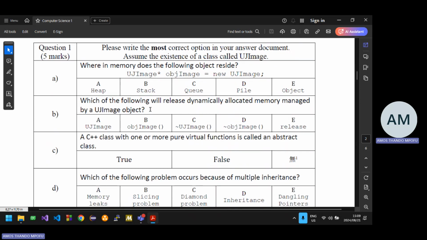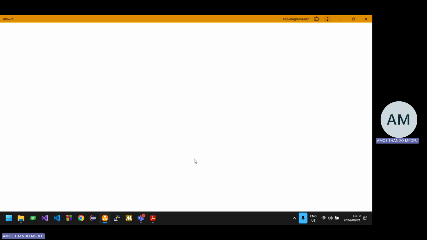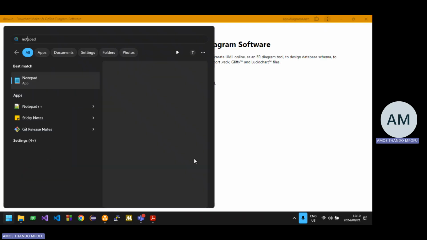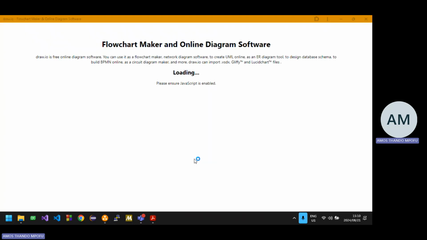Where in memory does the following object reside? Right? It's very important to understand the difference between two things, right? The stack and the heap. So the way I'm going to demonstrate is I'm going to make an example using deer, right? So that you see what's the difference. But then the main difference is